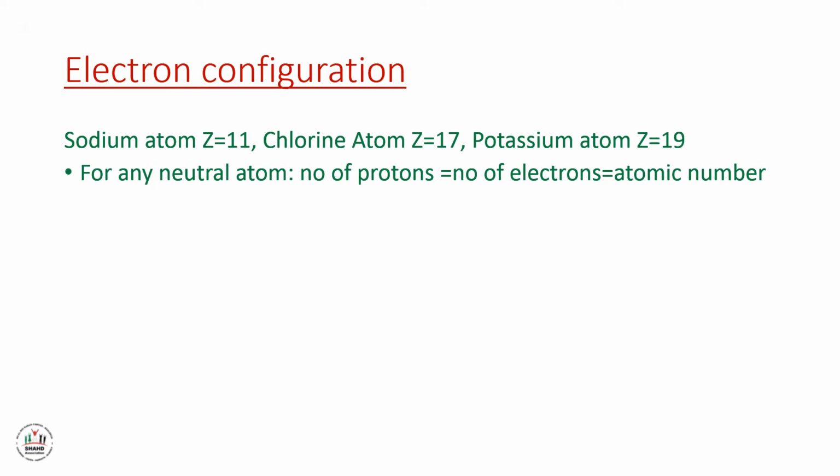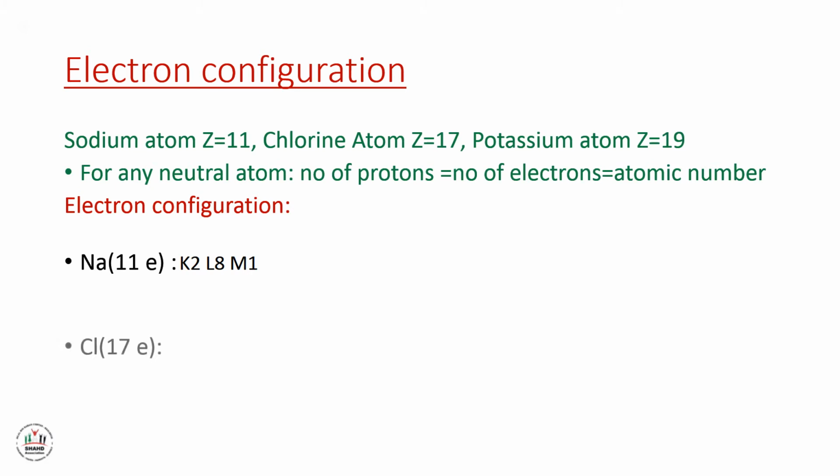So sodium has 11 electrons. We will distribute these 11 electrons on the shells. So 2 are taken by the K, 8 taken by the L, and what remains, which is 1 electron, is taken by M. K2, L8, M1. The chlorine atom has 17 electrons. 2 are taken by K, 8 taken by L, and what remains, which is 7, is taken by the